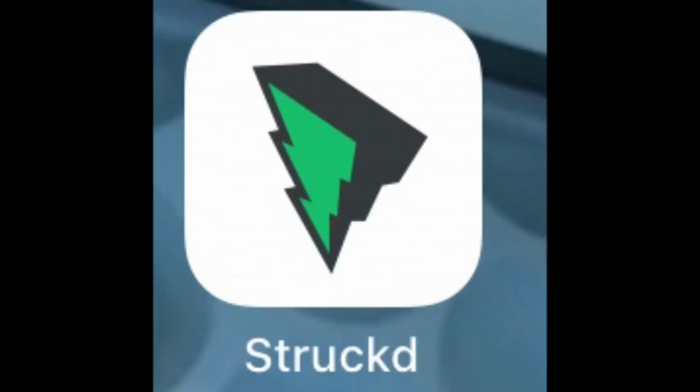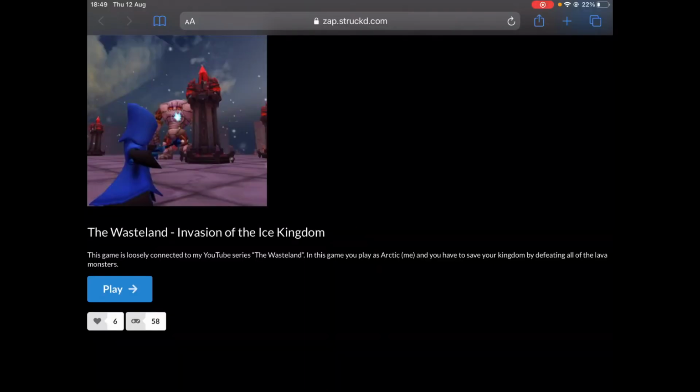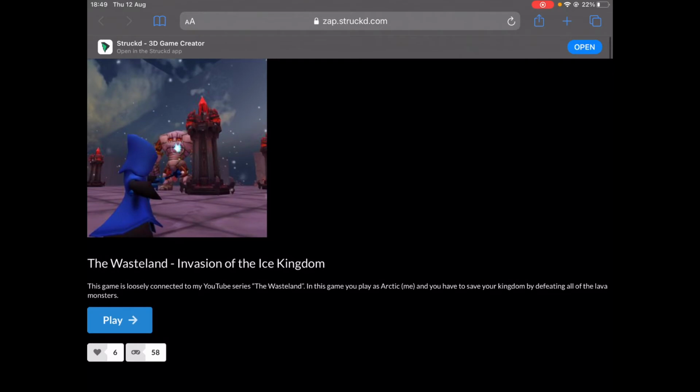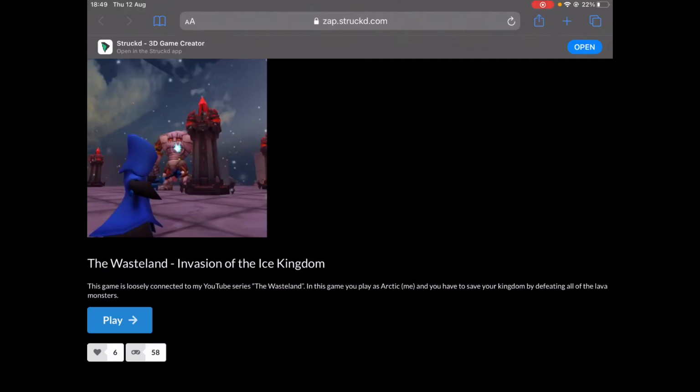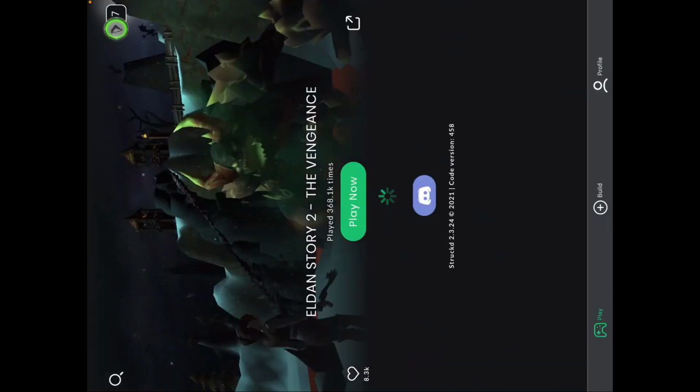So to download my game, all you have to do is go ahead and download this app. It's available on, I believe, the Google Play Store, and it's also available on the App Store. And once you've done that, you go ahead and click on the link in the description down below, and if you have the app, as you can see here on my screen, it says open in the Struct app. So all you need to do is go ahead and press open, wait for it to load,